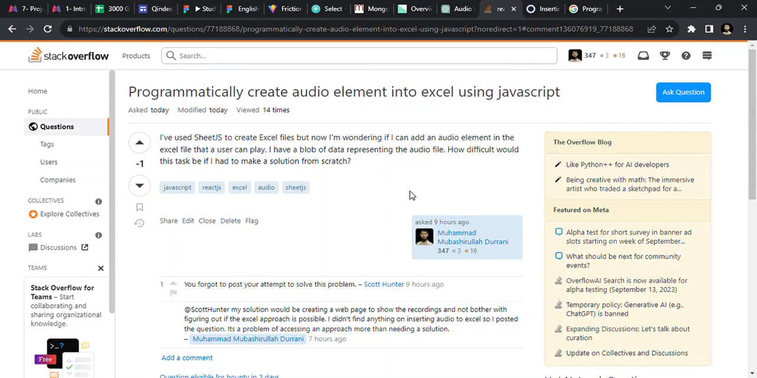Because I had an interesting user experience between Stack Overflow and ChatGPT, right? So I have this question that I want to programmatically create an audio file and insert it in Excel using JavaScript, right? I have this application where you have